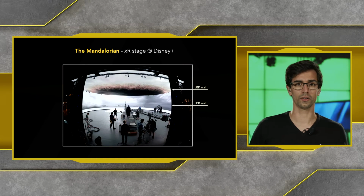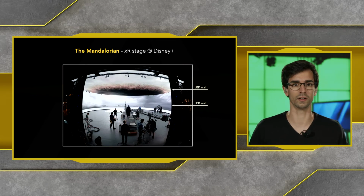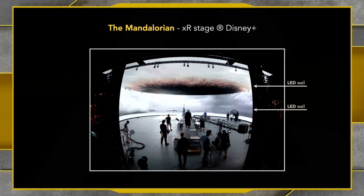So the world moved on to XR stages, and what we can see here in this picture is the live production environment. That was introduced with The Mandalorian, the Disney production, and what is really the value of that? So one is better light reflection. The highlights, reflections and shadows presented by the LED screens on the film are more accurate and realistic than